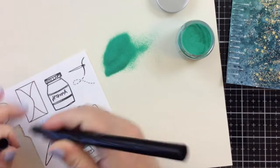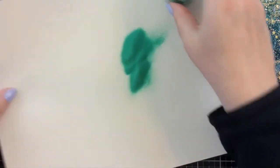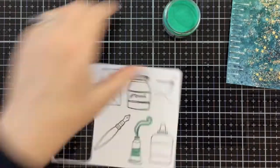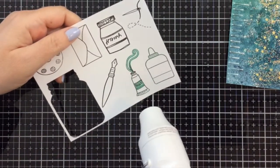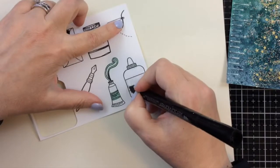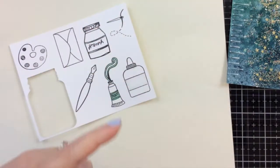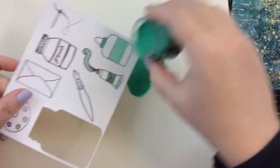So it adds an interesting element for this card, I think, because it's still shiny when you emboss it. However, it's kind of see-through, so it doesn't cover anything. You can still read that paint underneath that sign there. So I'm going to add some Distress Embossing Glaze here and there, and I'll bring in some embossing powder in